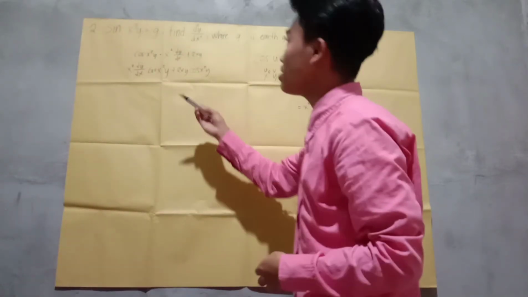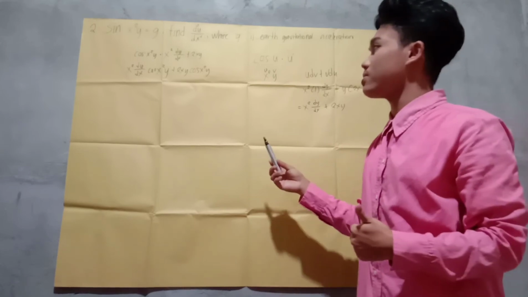Since we are solving the number 2 problem using implicit differentiation, we need to transpose